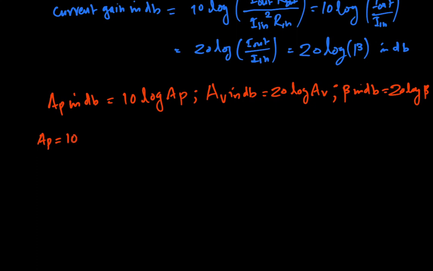Suppose this AP has been increased to a new value AP prime by a factor of 10, that is the new power gain AP prime becomes 10 times AP. That means the new power gain becomes 100. Now the corresponding increase in decibel gain is given by,